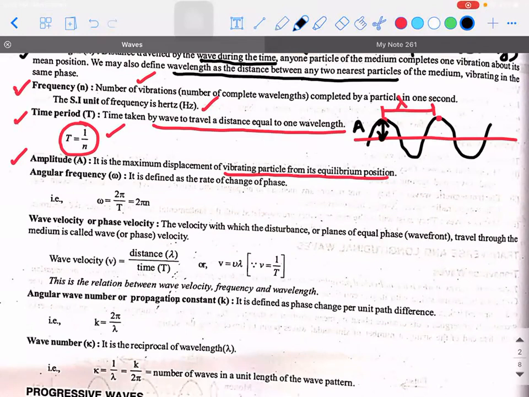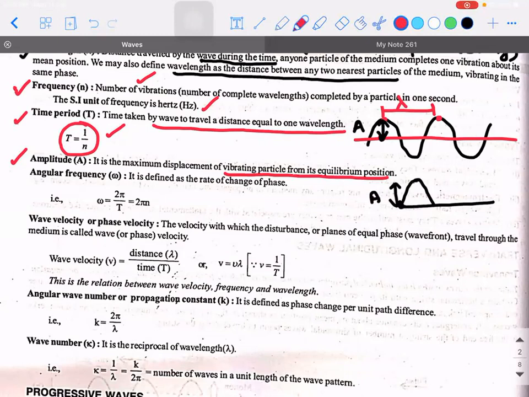So from one peak to another peak, sir. Not peak to peak. See, this is what is equilibrium position. If you take this as a string, the particle starts from here. When it goes to this point, this distance is what is going to be the amplitude. You're able to understand. So I explained the string example, right?